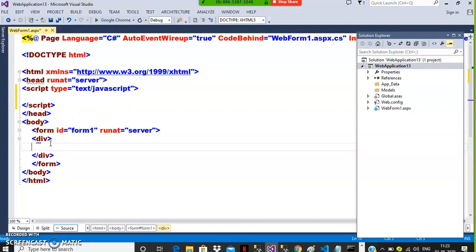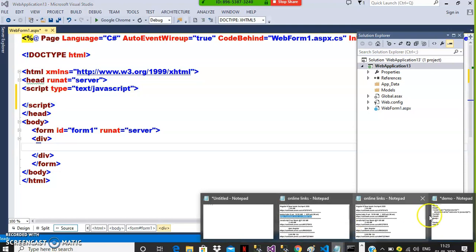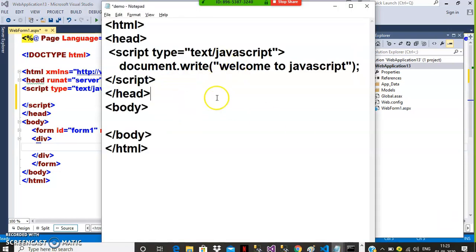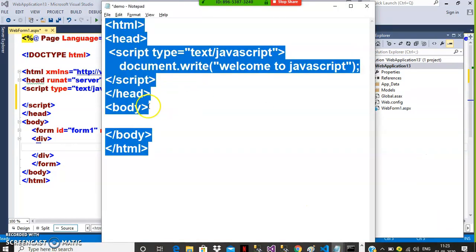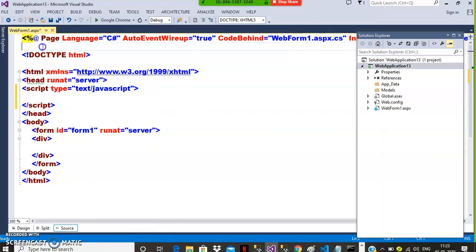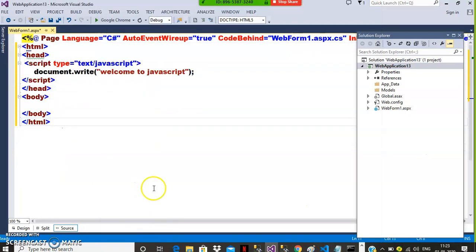Body tag, you can write some designing code. This is the structure of a JavaScript program. Are you following, everyone? If you want, you can keep the same structure here also. Are you following? So sometimes you can ask me, sir, generally in real time, what will happen?